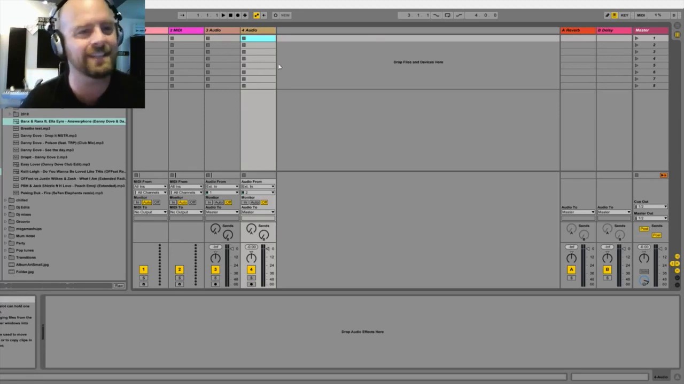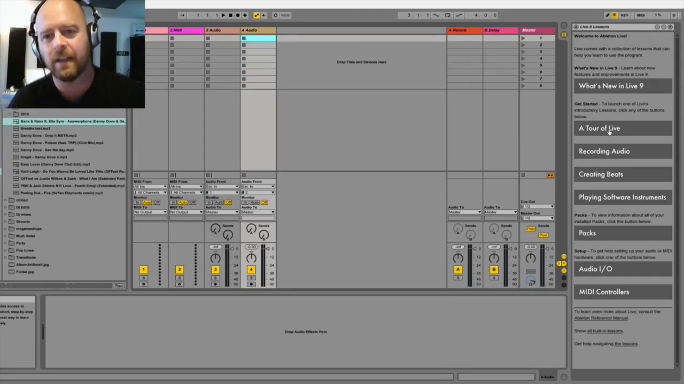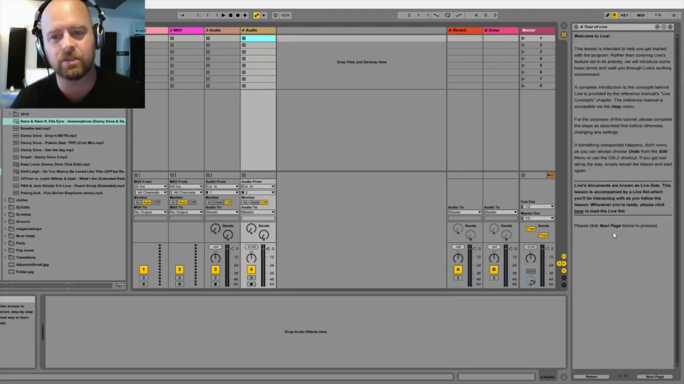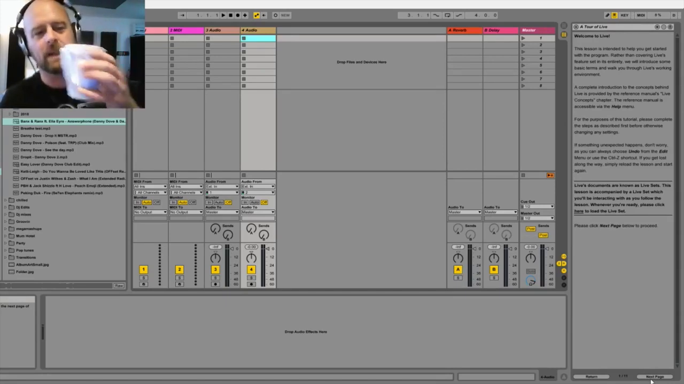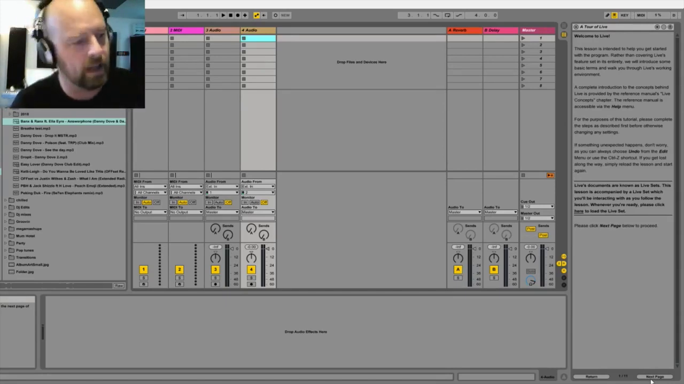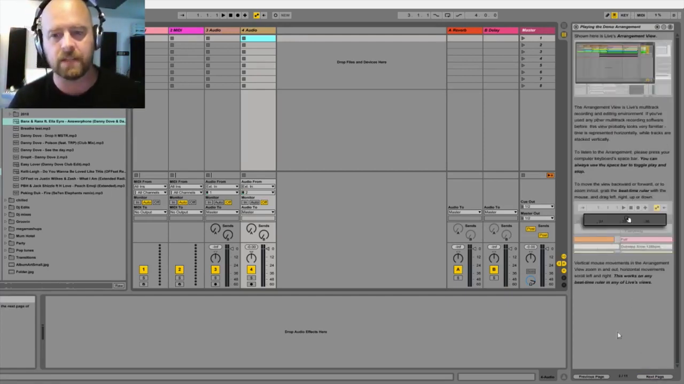What I'd suggest is, if you are brand new to this software, go to the help tab, and I think if you click on help view, on the right hand side you've got these lessons, and I would really suggest just going through the lessons. Just grab a cup of tea. Here's one I made earlier. Just go through it, next page, it'll give you some basics, it'll show you where